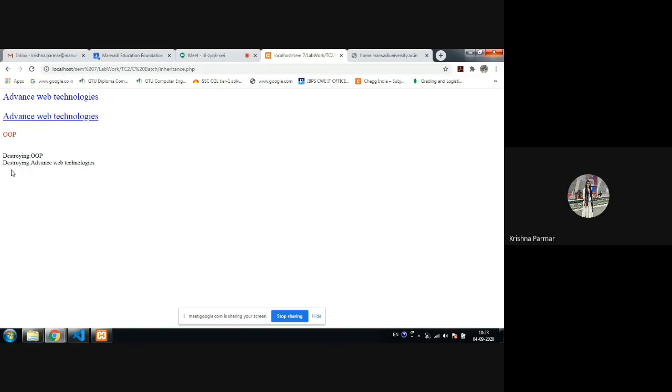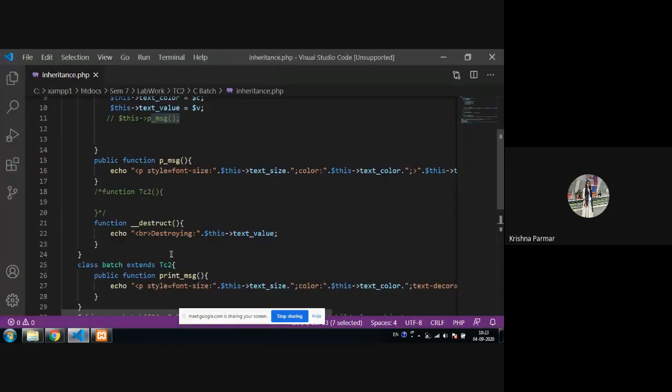This way the entire inheritance works, and after that it will destroy both the objects. That is the function of the destructor.